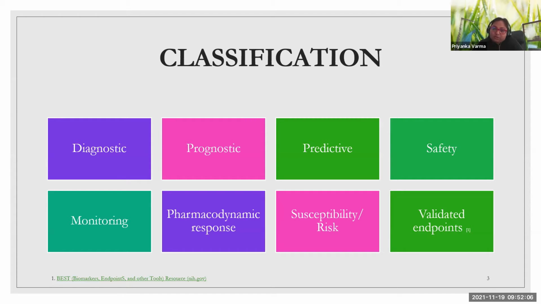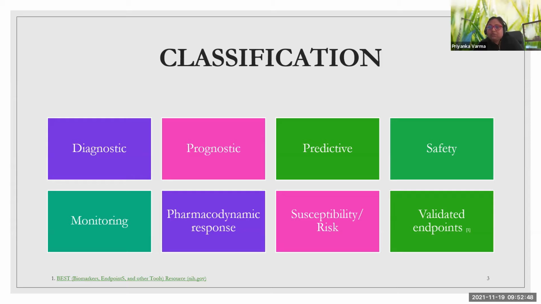What exactly is a response biomarker? That's the fourth category. It is a biomarker which is used to show that a biological response has occurred in an individual who has been exposed to a medical product or an environmental agent. Again, HbA1c can also be used as a response biomarker to see if the anti-diabetes drugs, anti-hypoglycemics, or lifestyle changes are actually making a change in the blood sugar of the patient. Or blood pressure can be used as a response biomarker for antihypertensives, which are being used to treat hypertension. The next category is predictive biomarkers.